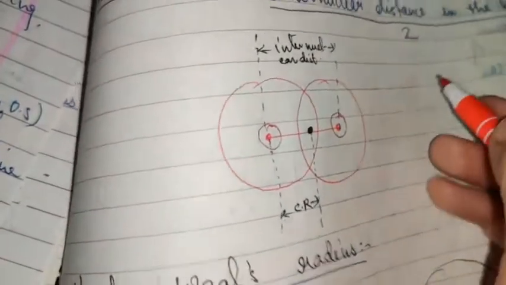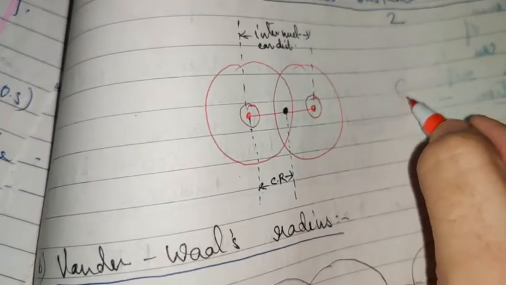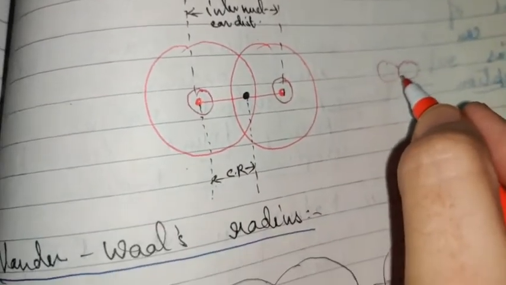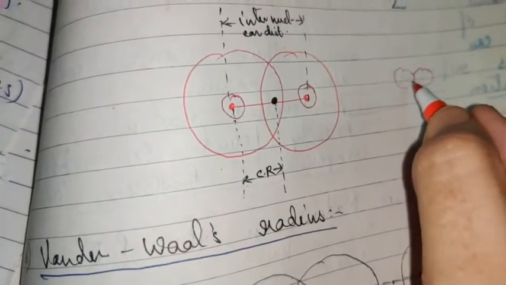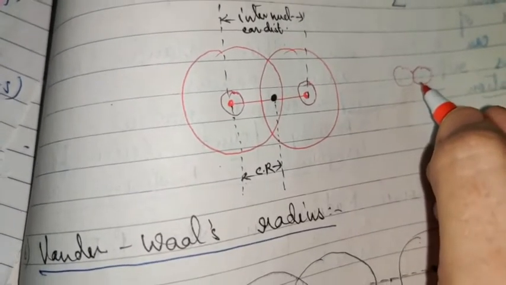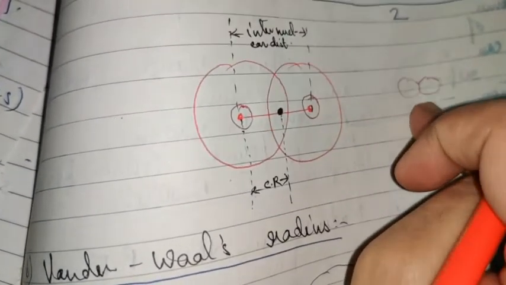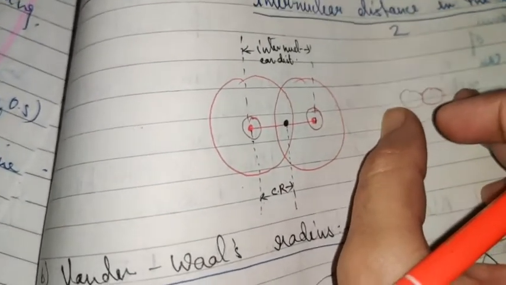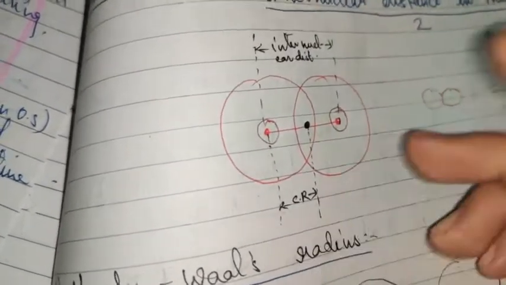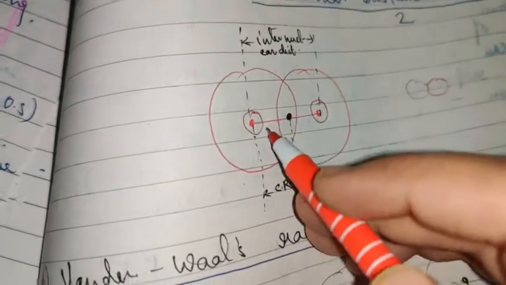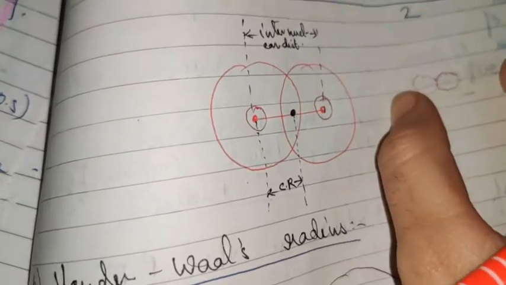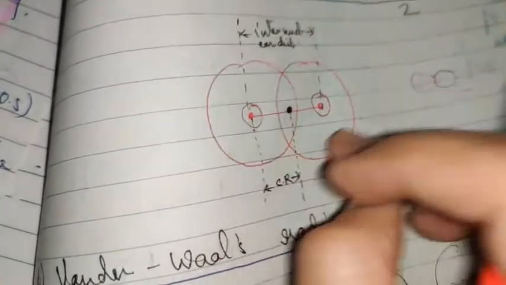But when you talk about metallic, in case of metallic, you have seen that two atoms are closely placed adjacent to each other like this, but they do not overlap. So obviously this radius will be bigger in comparison to this. The atoms I have taken here are small, but obviously when you take the same diameter of the atom, as in this case, you will find that metallic radii will be bigger than covalent radii.